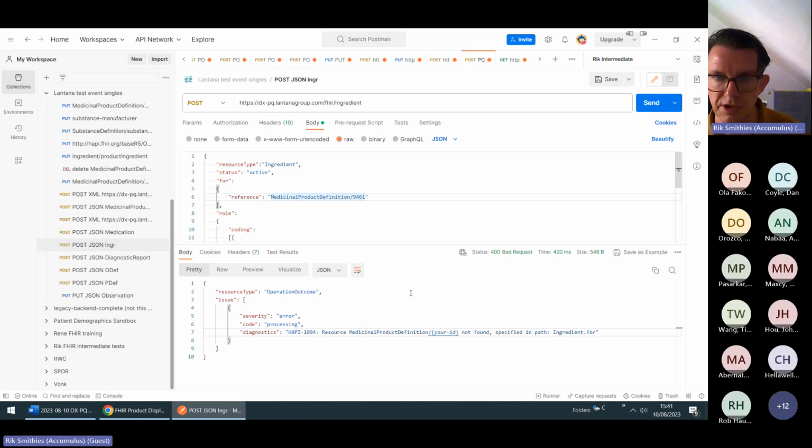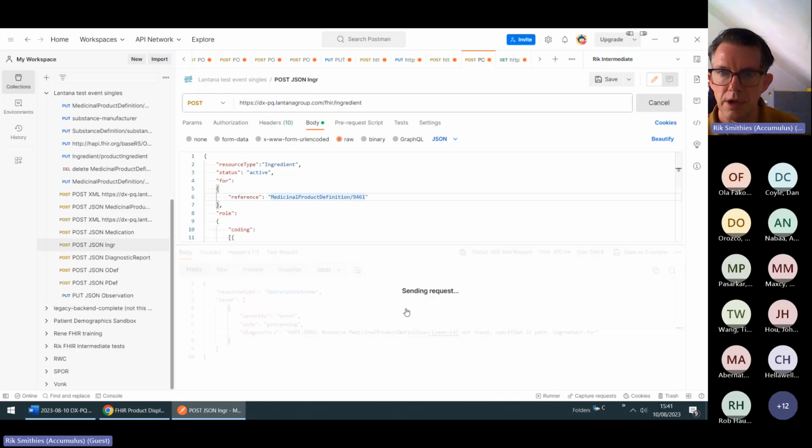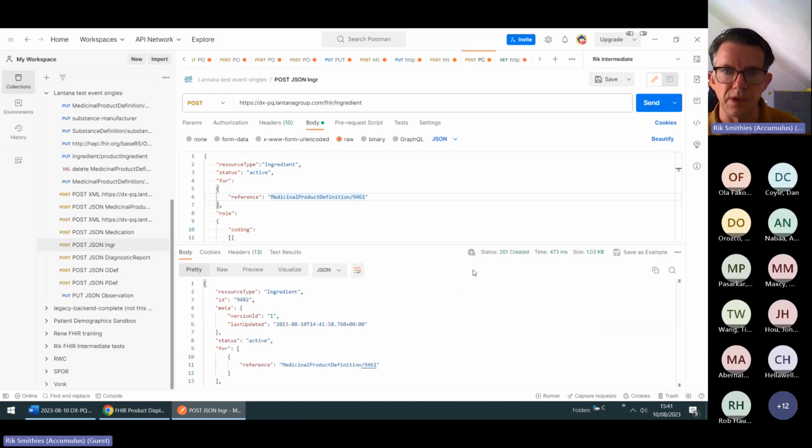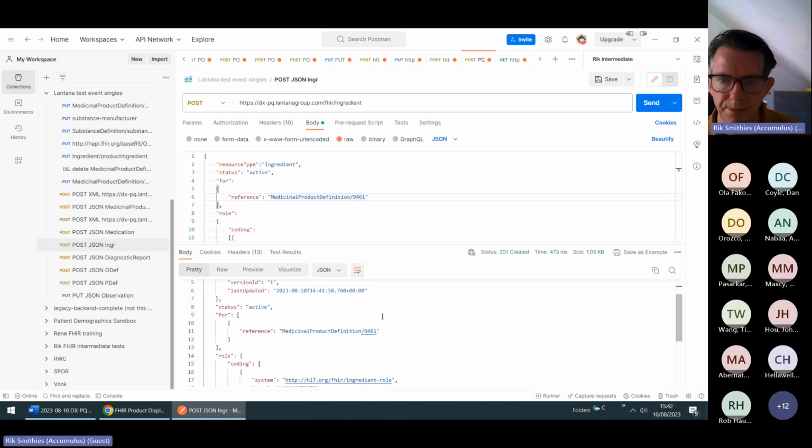So that should work now, because 9461 does exist. But fingers crossed, 201 created. So I've created an ingredient, and it's given me an ID for it, which I don't care about too much, but it's linked it to that product. So now if I go and look at that product,